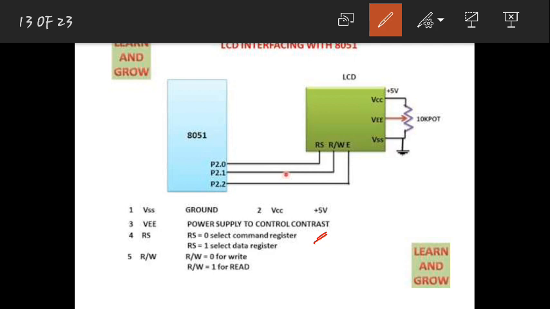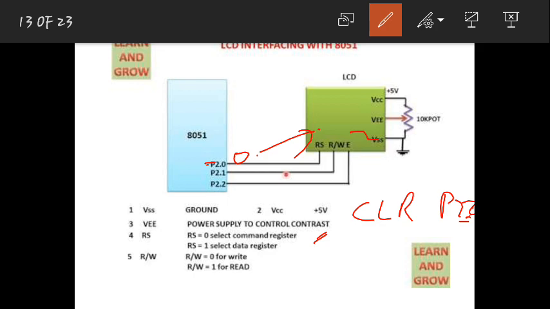So the instruction for that is CLR P2.0. You are clearing this, that means this has 0. If you want this 0 to go in, you should give the enable from high to low.